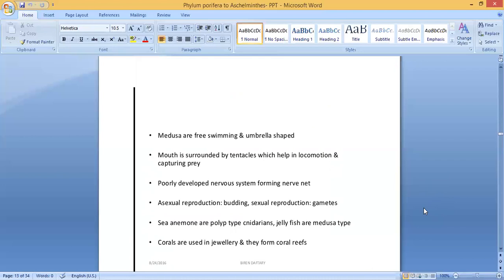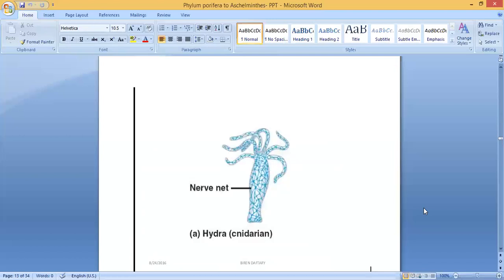Okay, what is meant by coral reef? A coral reef is an underwater ecosystem characterized by reef building corals. Reefs are formed of colonies of coral polyps held together by calcium carbonate. Most coral reefs are built from stony corals whose polyps cluster in groups. Okay, you can see here.